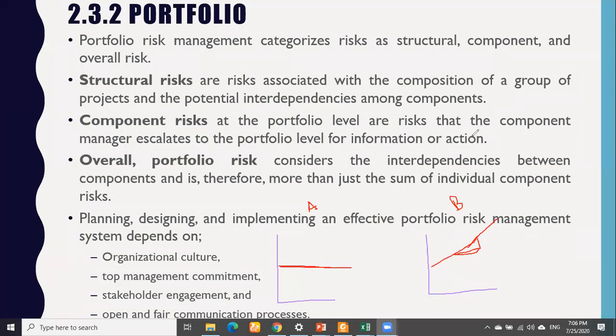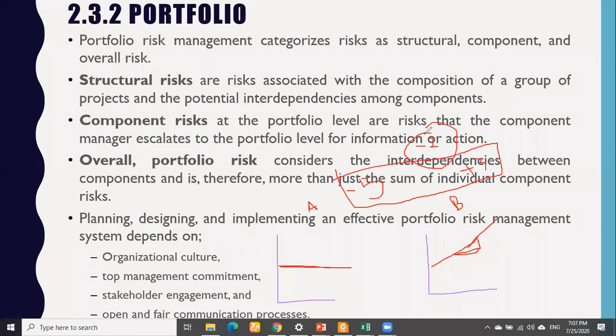For example, one project risk is negative, that is negative 5. Another project risk is positive, and that is positive 3. Whenever we combine these two projects or programs together, what will be the combined risk? Would it be 8? -2, sir. It will be -2. What has it done? It has just reduced our risk. So same is the case.